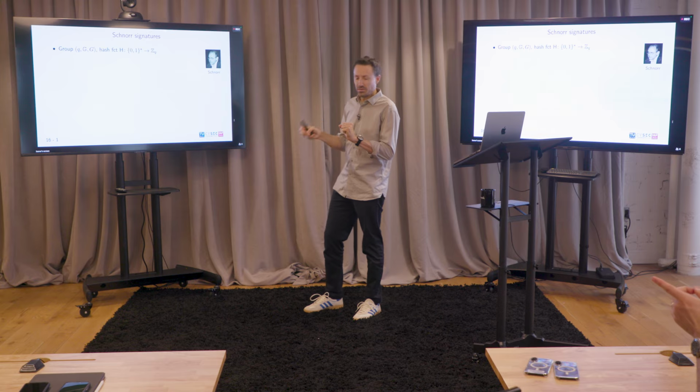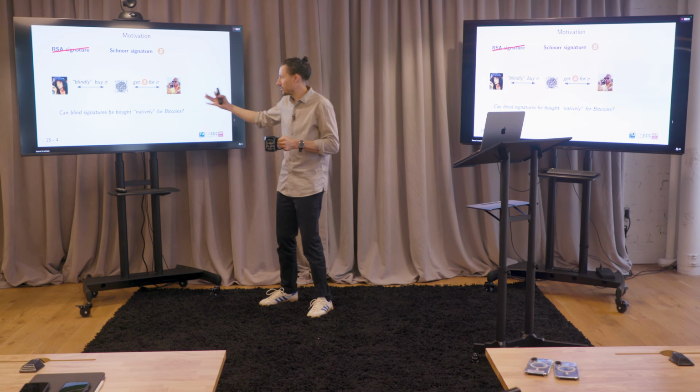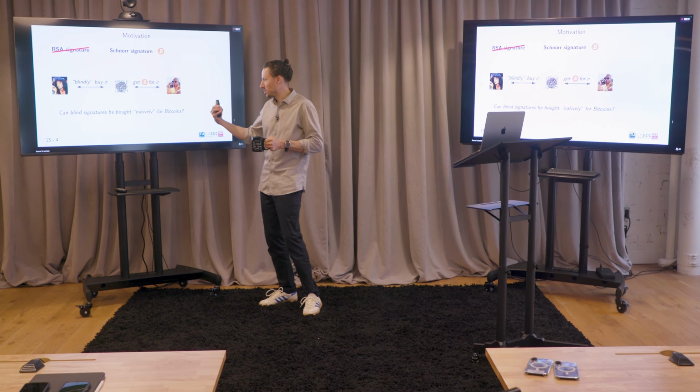Sorry, just to go back. So you're saying if you can do this, the second transaction is just going to be a normal pay to Schnorr public key hash kind of transaction. Yeah, that's exactly that. This is like getting Bitcoin if you know some signature from the sender. So they'll just use the merchant's public key, or Schnorr public key or whatever.